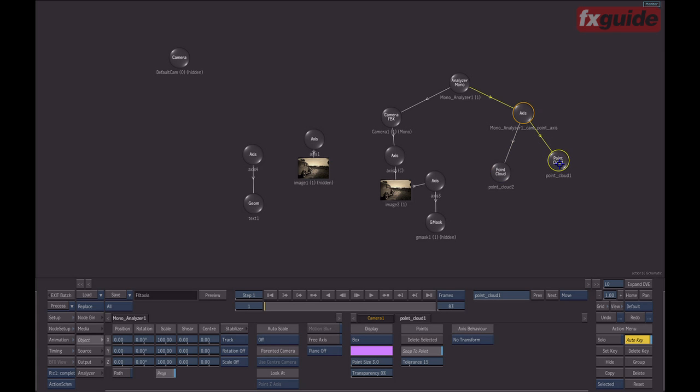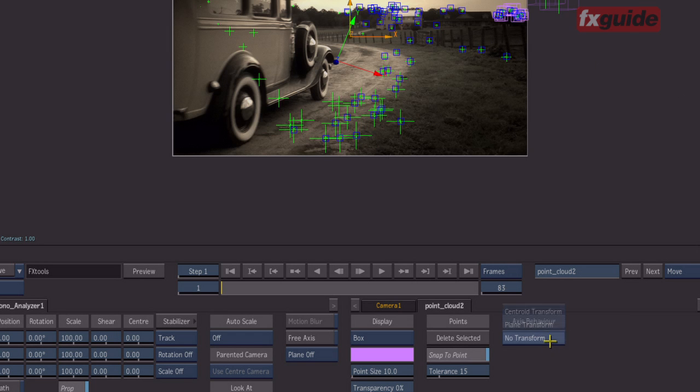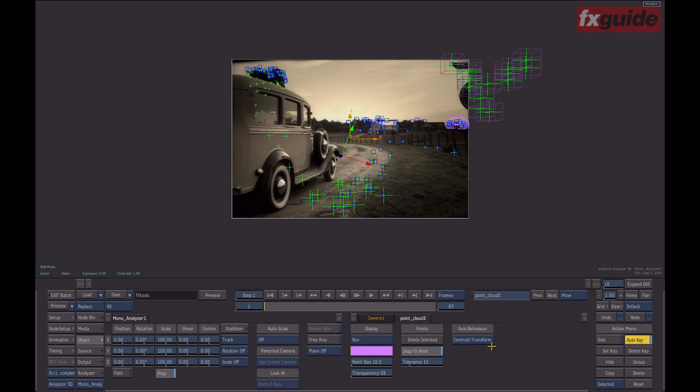When I did the snapping here, I let the point cloud just be kind of like an object that has no axis properties. On this particular point cloud, what I'm going to do is actually switch to centroid transform. What this does, it actually turns the point cloud into an axis that has an average coordinate, which is the average of all the different points of which it is comprised. So if I now parent anything to the point cloud, it will actually immediately snap to that average position in